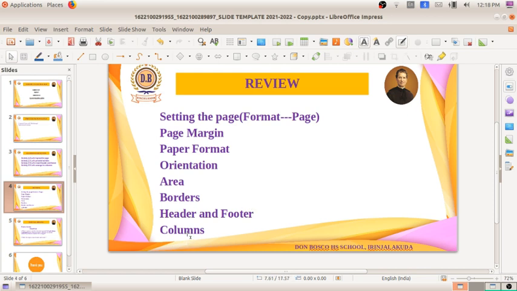And the last one is, if I want to write the contents in two columns, that is also possible in LibreOffice Writer. For that, in the same Format menu Page, go to the Columns tab, and by making suitable changes, you can see it is reflected on the page.